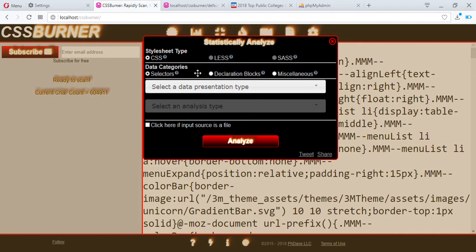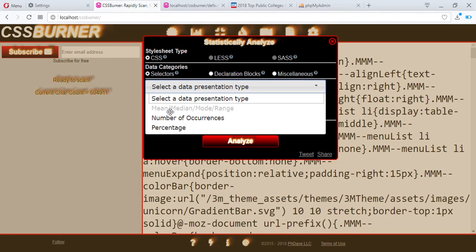So now what we have is data categories, and you can focus on selectors, declaration blocks, or some miscellaneous. So let's go through all of them, and note that there's going to be permission levels that are associated with some of these selections. But we first start with a data presentation type, and so